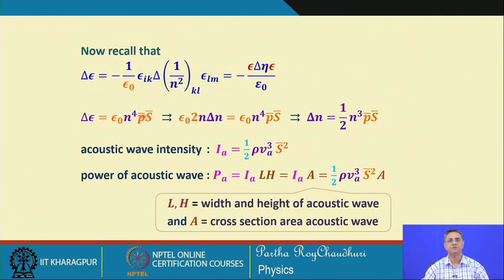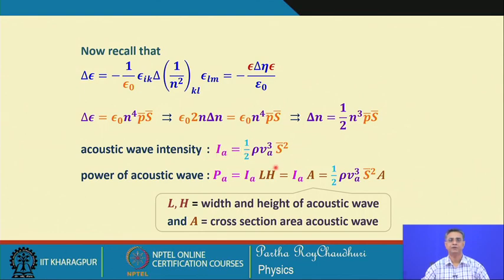So, because you have delta eta, this delta eta gives you delta of 1 by n square, which will give you twice n delta n, this n to the power of 4. Therefore, we get this equation. So, delta n is equal to half n cube p into s. After doing this, from here we can get this equation,